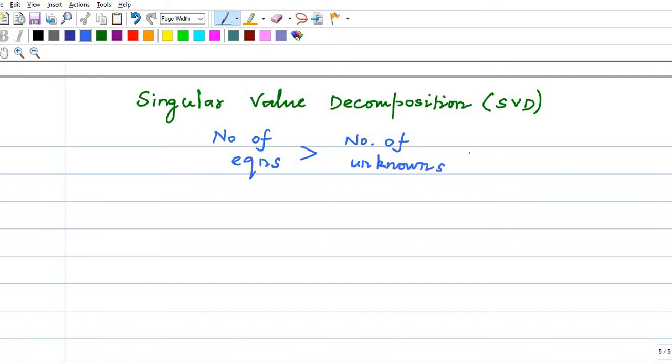So we have the approximate solution. What we can do is decompose an H matrix, or some matrix, into U, sigma, V Hermitian.